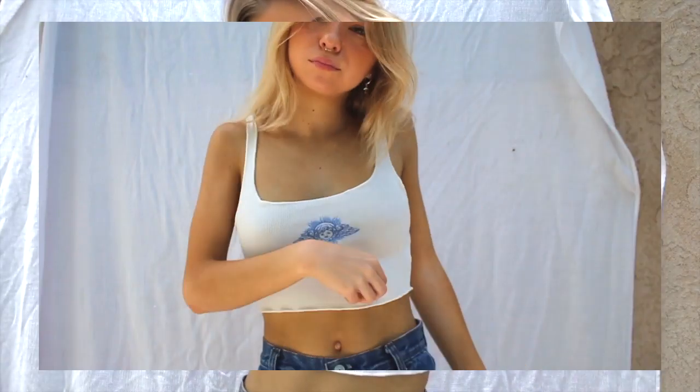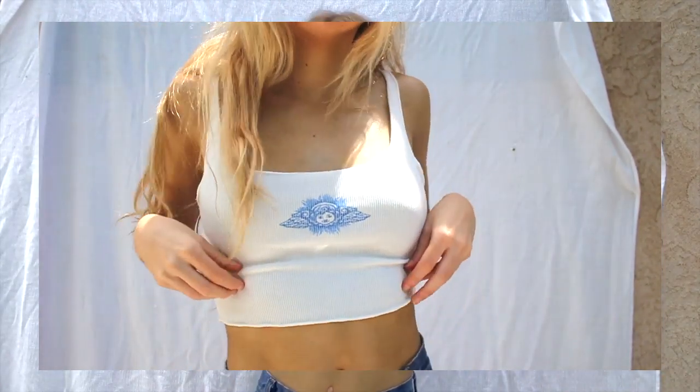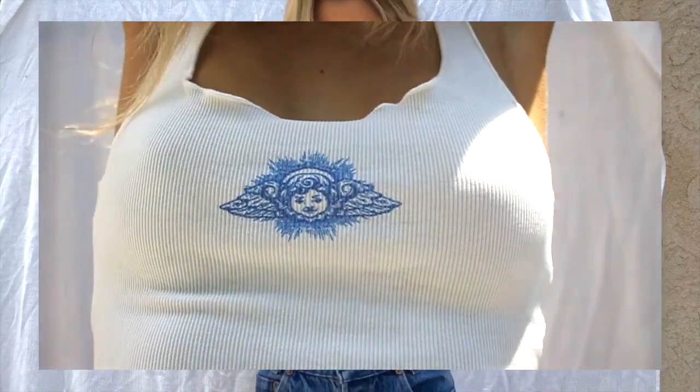So to start out, I'm just gonna start with the top I'm wearing. I know this has been on the site for a while, so some of you may have seen it before. It's just this little angel baby tank. It has this little blue graphic design on the front, and it's just a simple white tank top, super stretchy, super comfortable. It also has a little bit of that lettuce edge, super subtle, but I love it. And I got this one in a size 0, but it's a stretchy tank, so